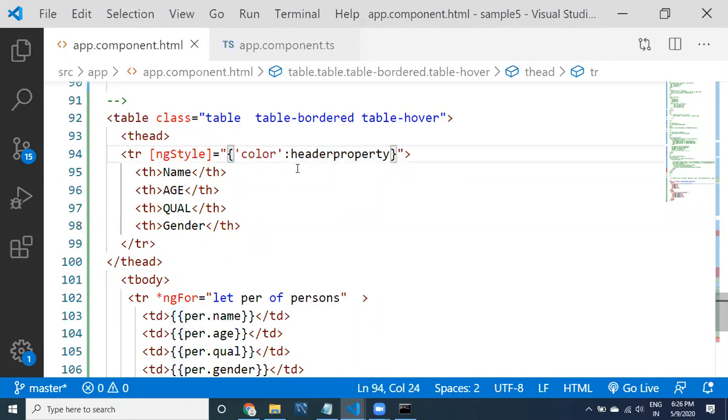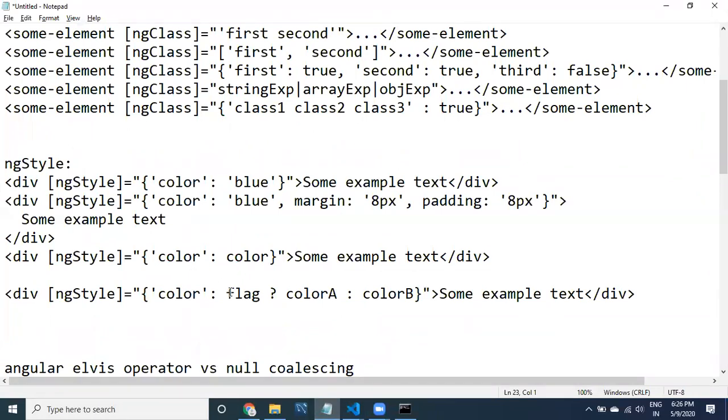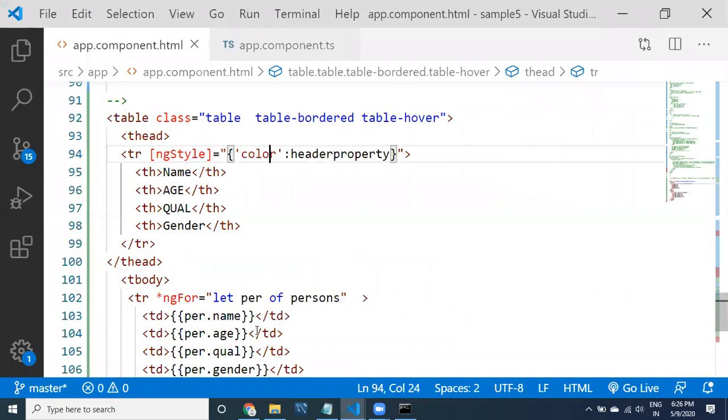Let me come here guys. This is the conditional operator. So this can be called a conditional operator. You can apply some kind of conditional operator over here. What is meant by conditional operator, I will tell you.